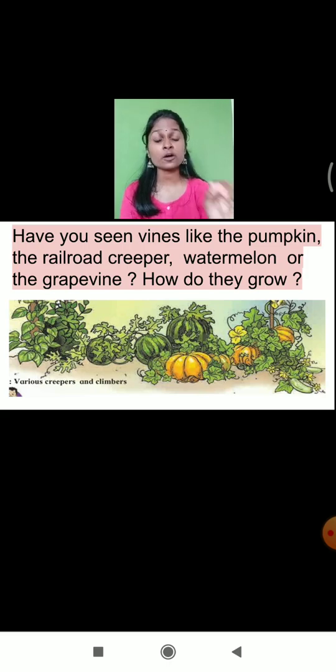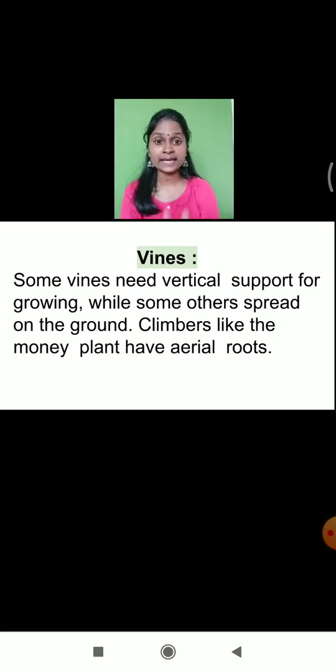So such kind of the plants who require extra protection and extra support to grow, they are called as what? Vines. They are called as what? Vines. Even in short, you can call them as a climber also. What is climber? Climb means climbing up. The person who goes up with the help of some useful things, we call them as what? Climbers. So students, what are exactly vines?